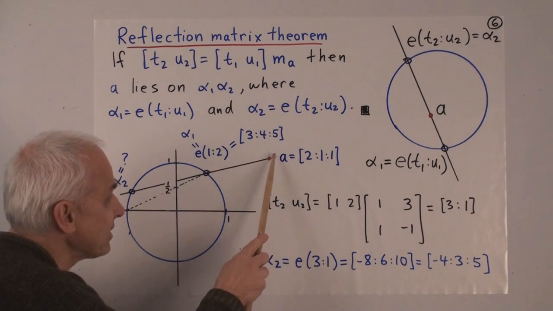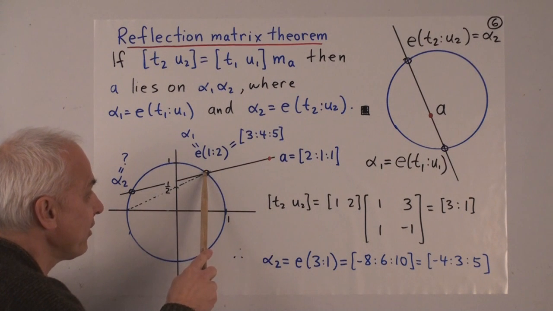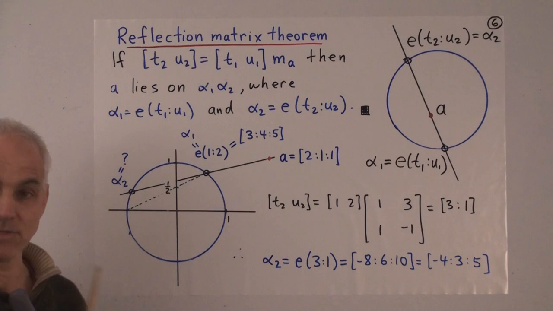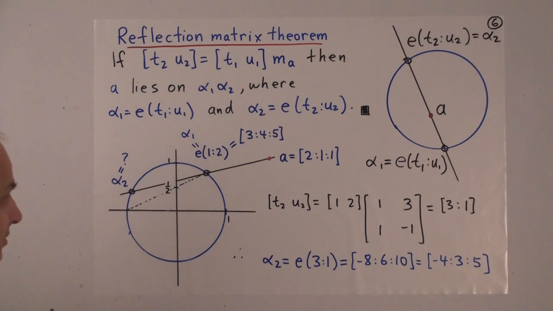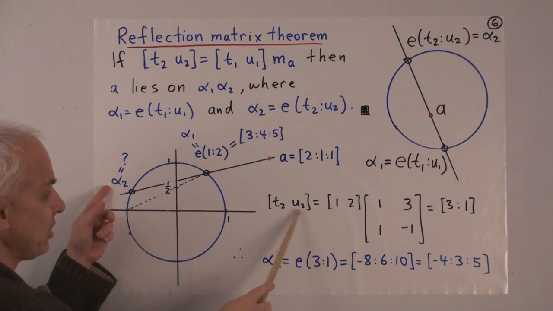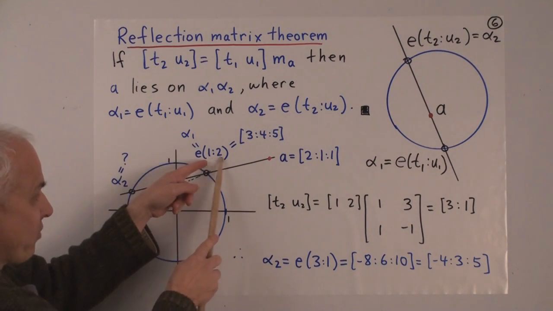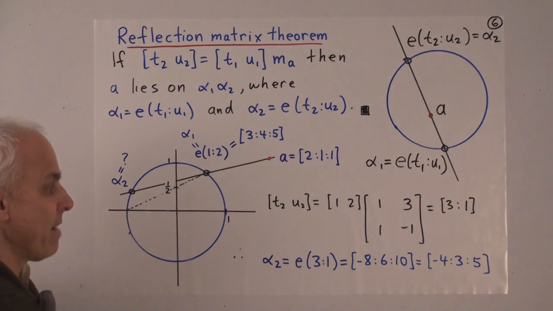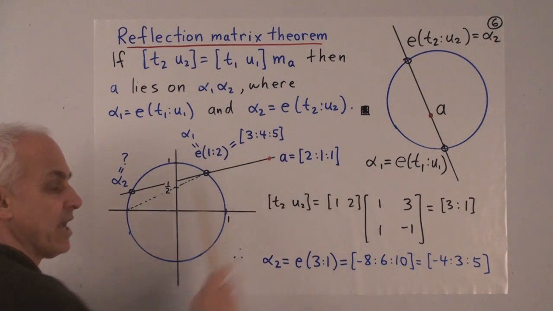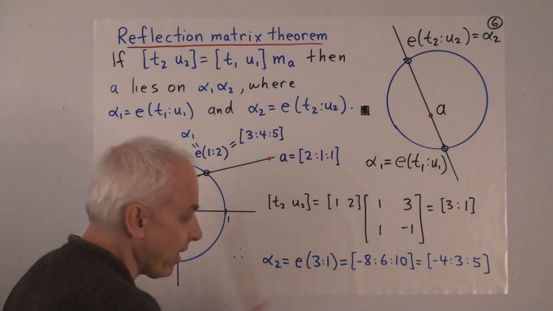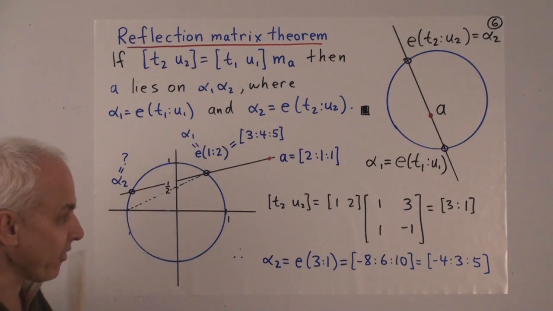Suppose we want to reflect in the point A, we want to reflect this point to some unknown point there. Suppose we don't know what that point is, how do we figure it out? Well, this basic relation here is telling us that the projective coordinates for this null point are obtained from the projective coordinates of this point, 1, 2, by multiplying by the matrix M sub A. And how do we cook up this matrix M sub A? We have to remember this.